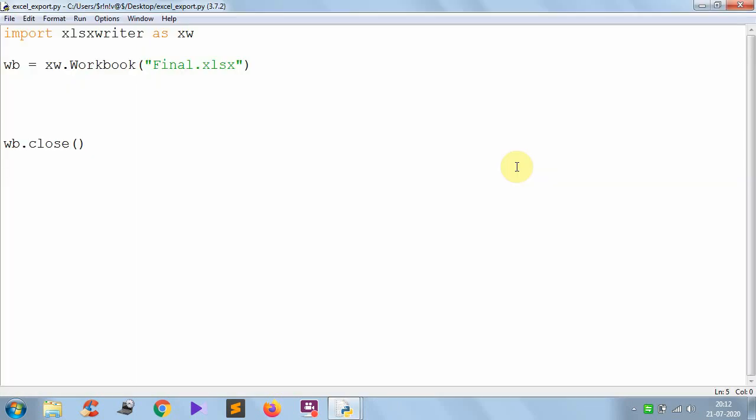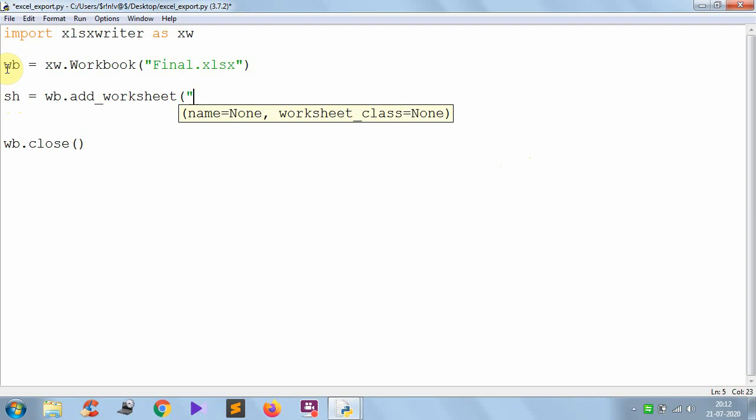Now the workbook is ready. In one Excel book there can be any number of sheets. Now you have to create the worksheets. So here this is the object for the sheet, and wb is the object for the workbook. Where do you want to create the sheet? In this workbook. That's why wb dot add underscore worksheet. For this worksheet you can give a name like stud underscore list. Like this you can give any name. So that name will be given to the worksheet.